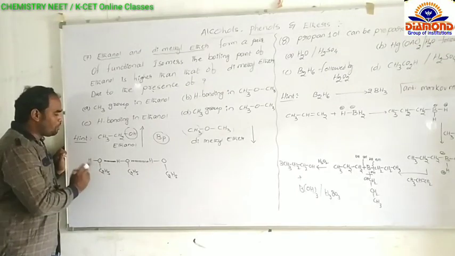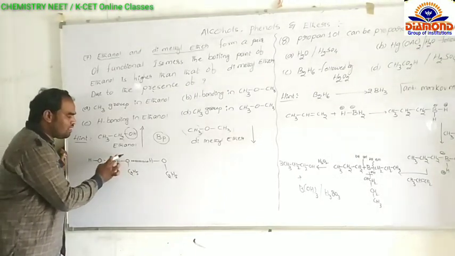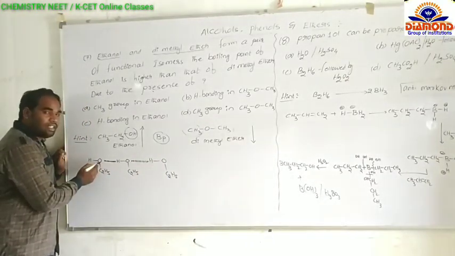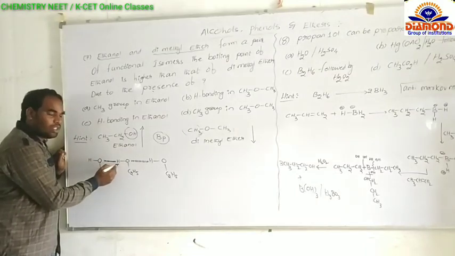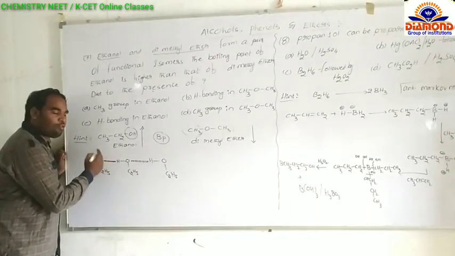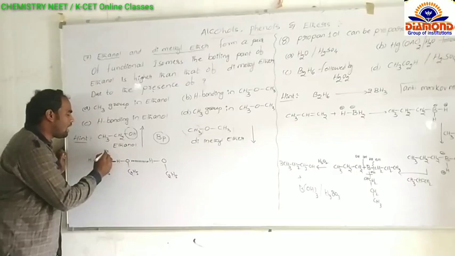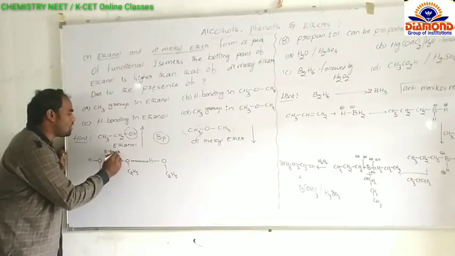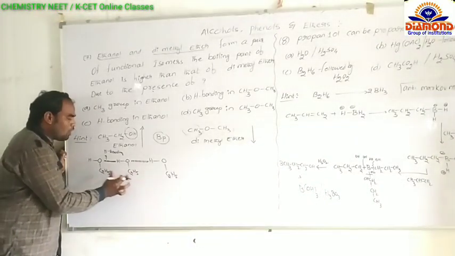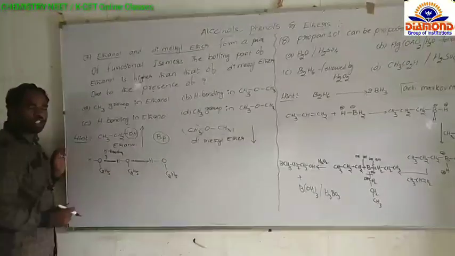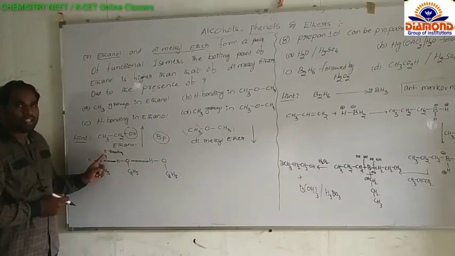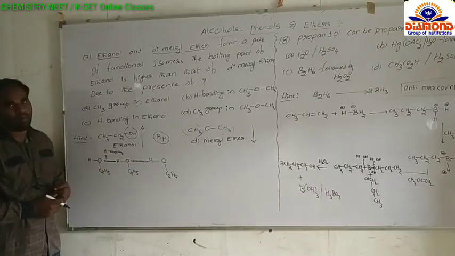Here the OH group of this ethanol molecule, the OH group of this ethanol molecule. Here oxygen has more electronegativity, and hydrogen. In between this oxygen and hydrogen, a force of attraction is present. That force of attraction is named as what, student? Hydrogen bonding. So in an ethanol molecule and another ethanol molecule, due to the presence of OH groups, hydrogen bonding arises, or hydrogen bond formation takes place.